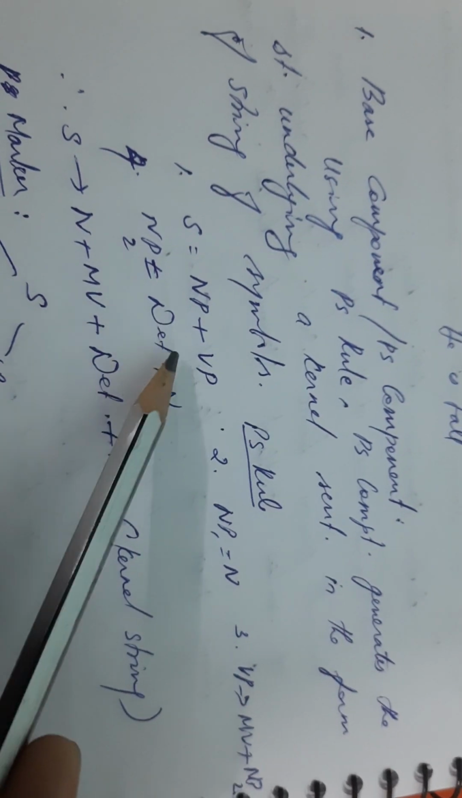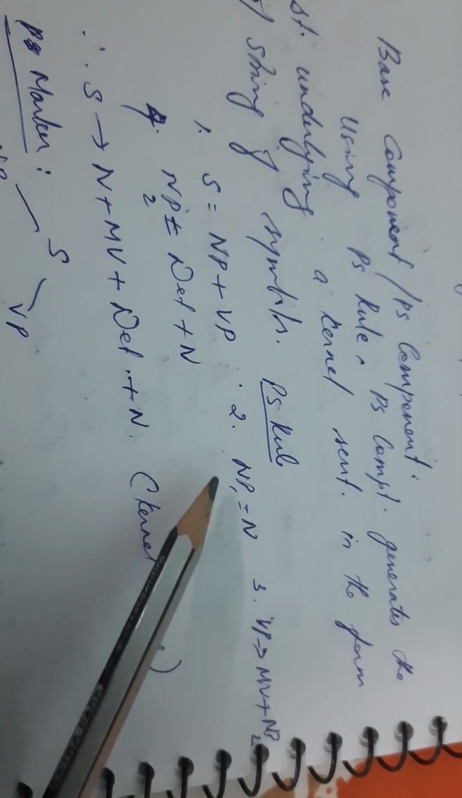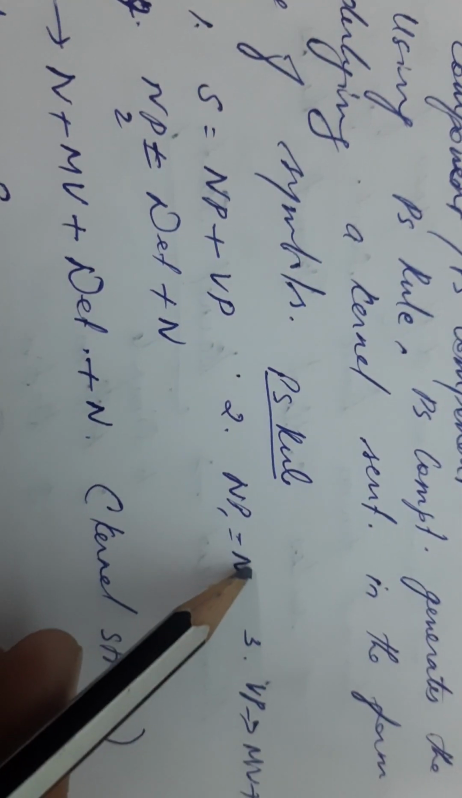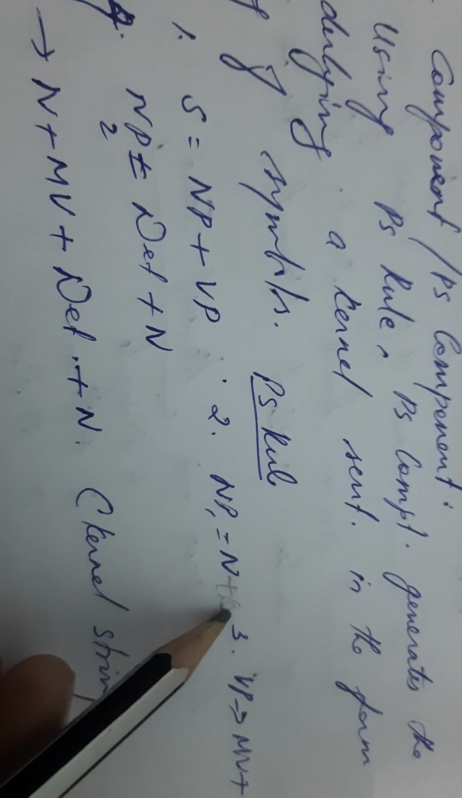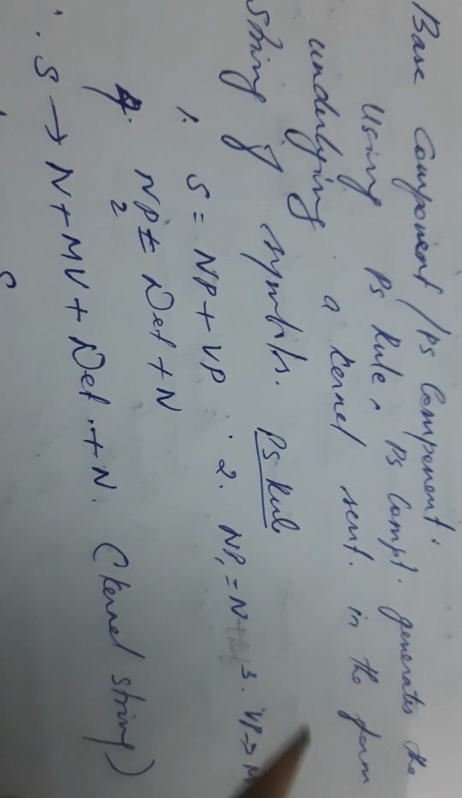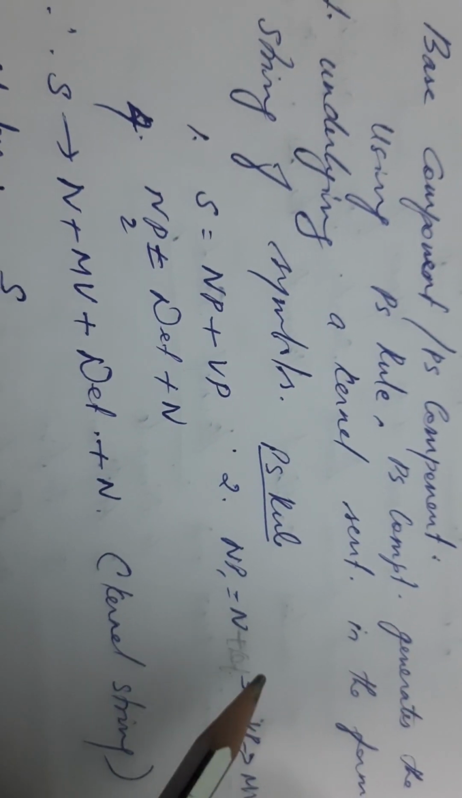Okay, sentence is equal to NP plus VP, and NP is equal to N plus determiner. I've left that, and then VP is equal to verb plus NP. So that is what is written here as main verb. Okay, verb plus NP. So these are actually the PS rules, and the same thing is applied here for the